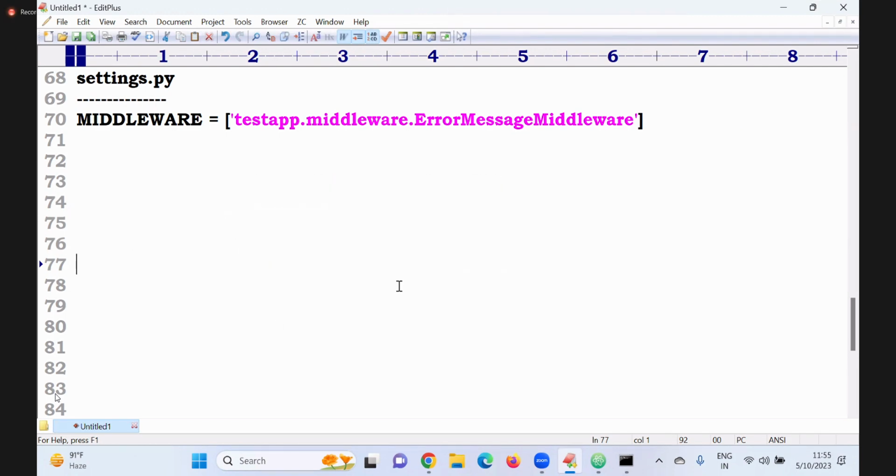Maybe in an interview room they are asking, or in real time, if some issue came, how to handle it; this is the solution. Is it compulsory or not? It depends upon the situation.